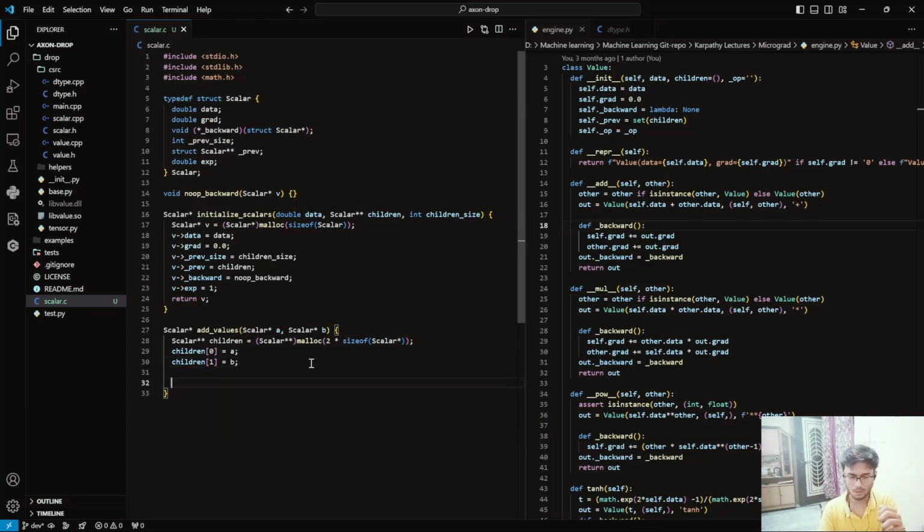So now whenever you check the addition function, it would have these a and b values. Okay, so in previous,